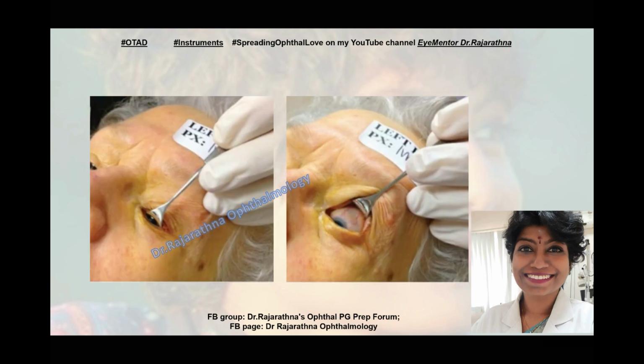Okay, now this is another use for Desmarres. Now see, we do some simple OPD procedures, right? For OPD procedures, as in when we're giving posterior subtenon injection where you want some surgical exposure, and it's not really convenient to put a wire speculum in a patient who has not been blocked, in these cases a Desmarres retractor is just going to pull the lid up.